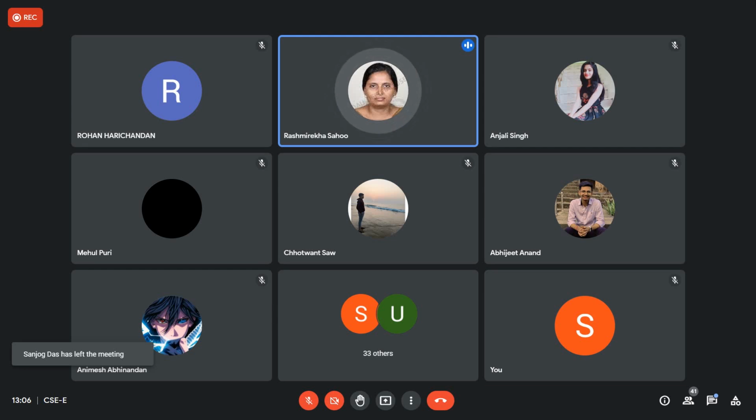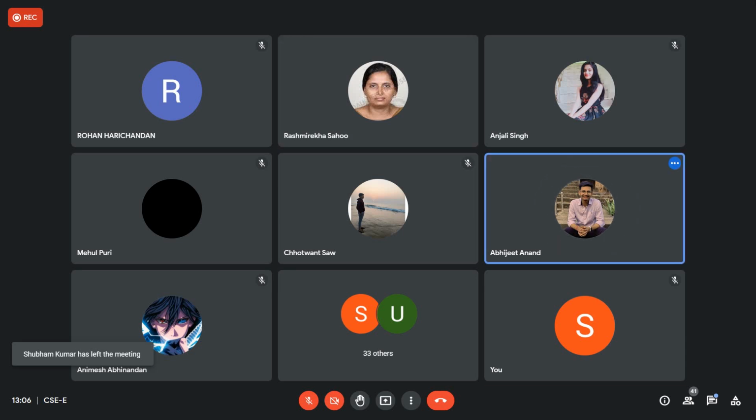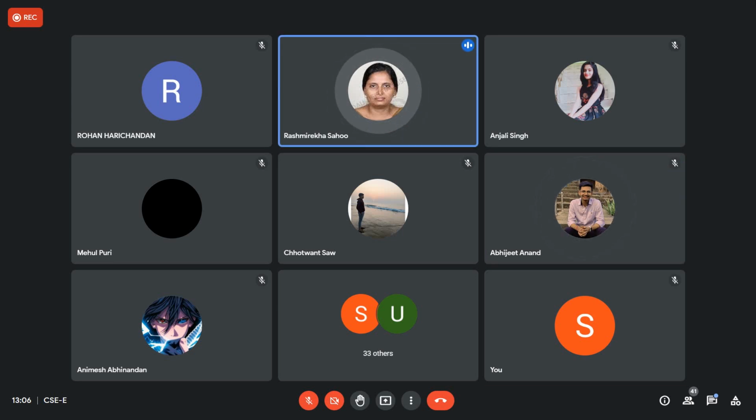Abhijit, what are you saying, what is the correct answer? Ma'am, that will be heap. In the string pool, we store in the heap. Yes, so that is what I am telling, actually in the heap the memory is allocated. Like if you are writing the name, registration number, all those, the memory is allocated in the heap. But through the stack we are referring to the heap. So that's why I am saying those who have written heap, I'll also give marks.